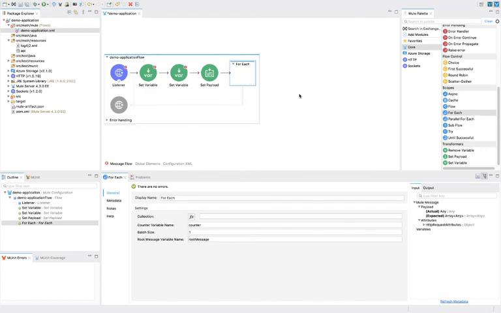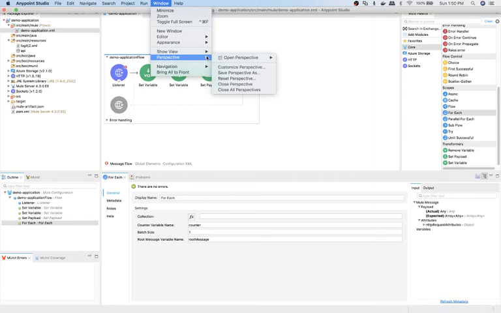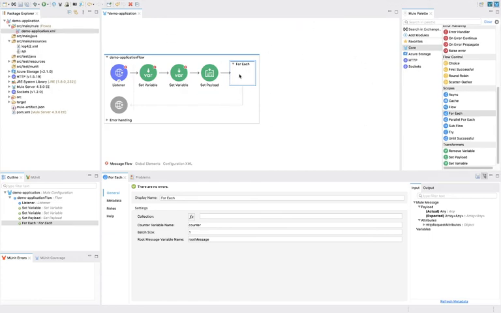Okay, so I hope everyone is clear with this Anypoint Studio software: how to see it, how to create a project, how you will use components, Mule components, and where you will be able to find all the components. Apart from this, we have a few more capabilities. Inside Windows, if you want to reset your perspective, you can customize it and start with the initial one that we have right now.